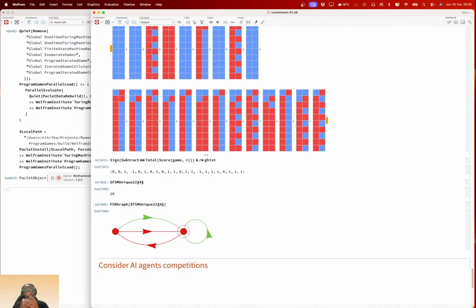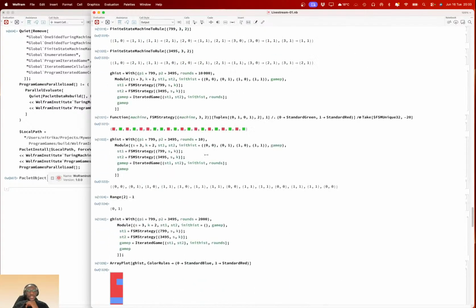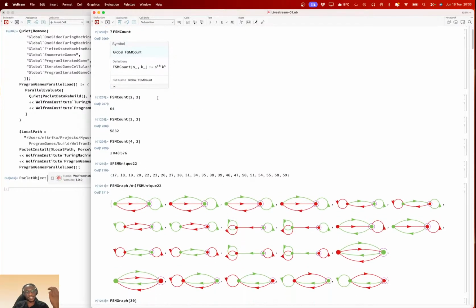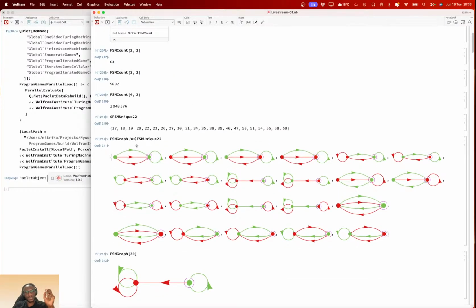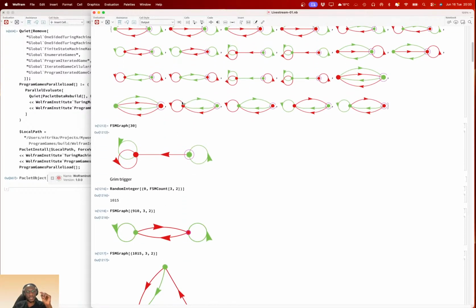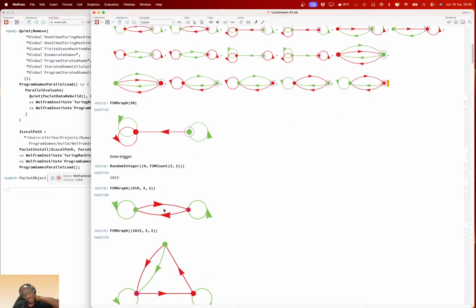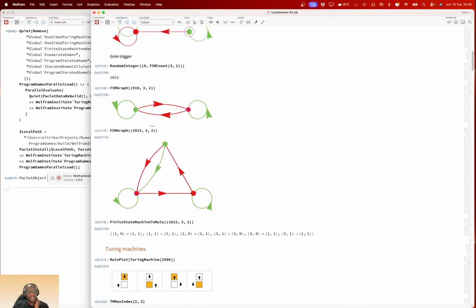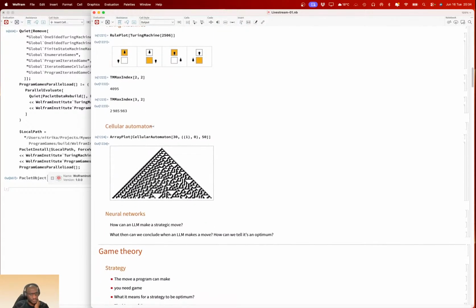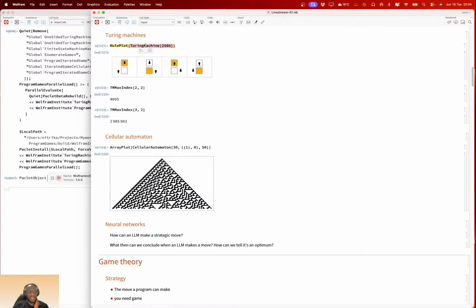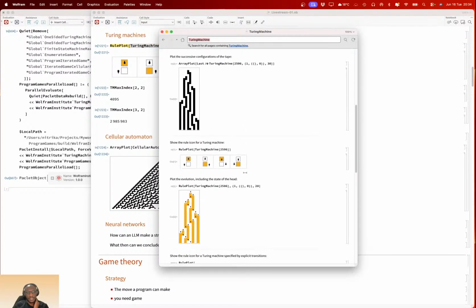And there are other strategies we can talk about, but the point here is that we need to find out what a program looks like, which we can explore by exploring finite state machines, which are rule-based or graph-based. You can visualize that from Wolfram's post. This is from Wolfram's post, the graphics. And then you can also visualize other games from Wolfram Language, like Turing machines. Let's see an example of a Turing machine.